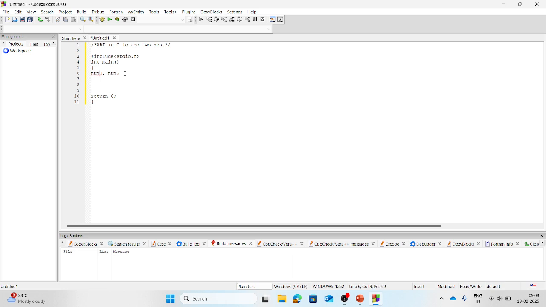So for that purpose, I am instructing my computer that these two numbers are of integer type. If you want to represent your numbers as integers, then you need to use the keyword int, right? So this int is the keyword which denotes that these two numbers are of integer type. Why are we taking these two numbers? Because we want to add two numbers.